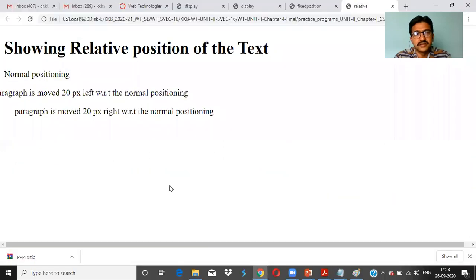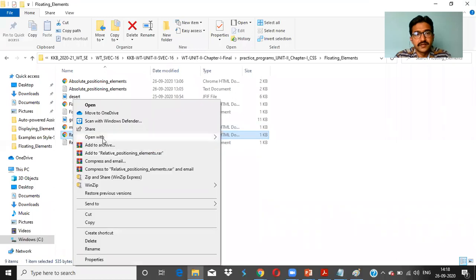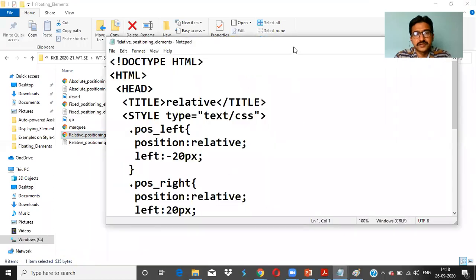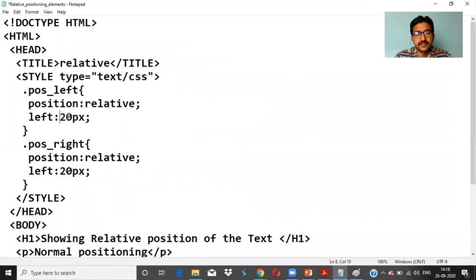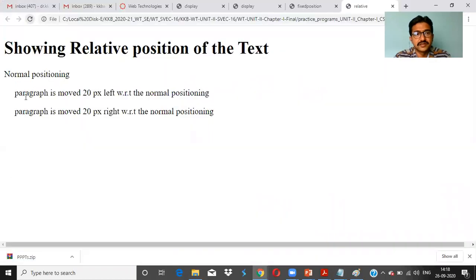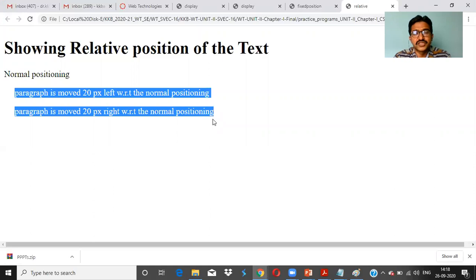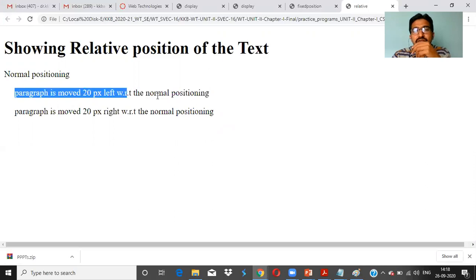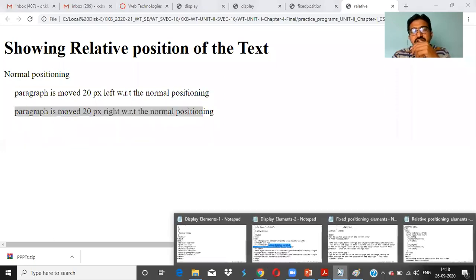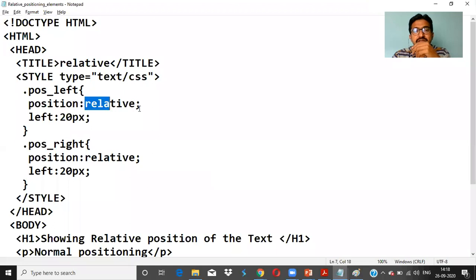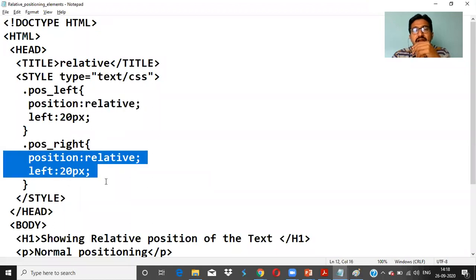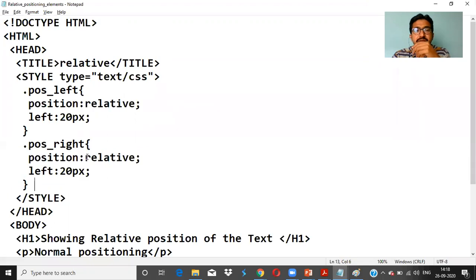See, I'll open this program. Right. Now for this left, plus 20. I'll refresh. See, both are same, because the positions are same. But how? Because it is relative. Relative means what? One after the other. It is not overlapping. Even though this line you are using left is 20 pixel, this also is using 20 pixel, the position you are using is relative. Because of that, one after the other, it will be displayed over there. So that is the purpose of relative.